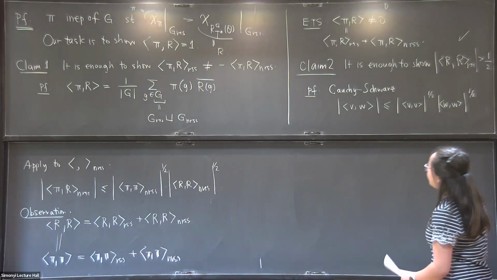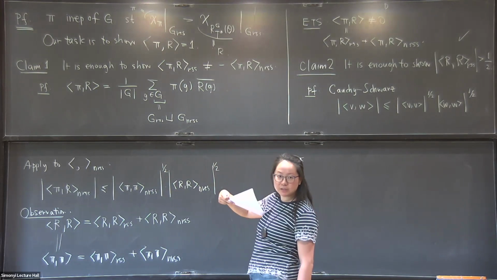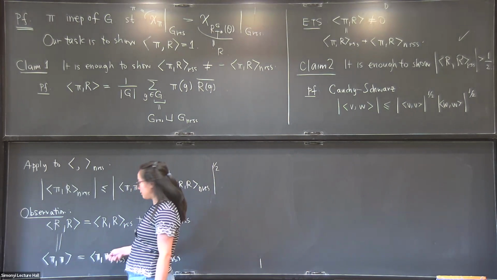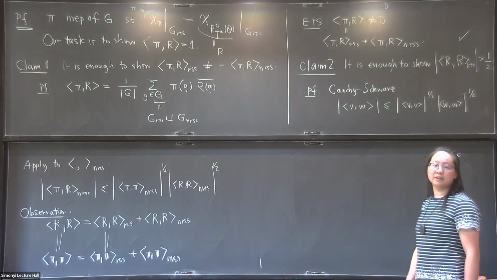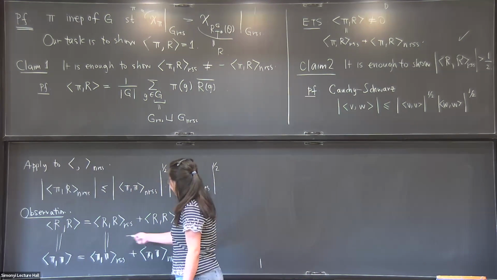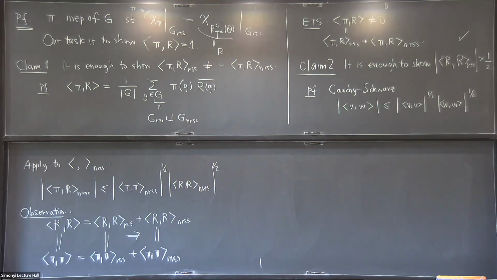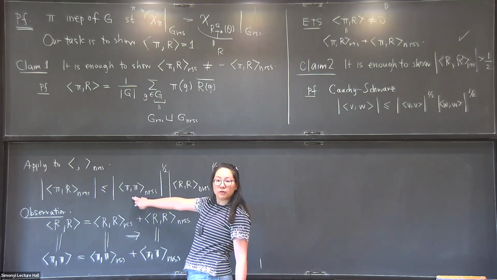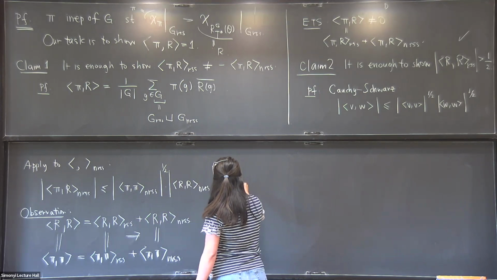What was our assumption now? Our assumption is that pi and r are the same on the regular semi-simple part. So that means on the regular semi-simple part, this thing is equal to this thing. But now there's only one remaining term in the equation. If these two things are equal and these two things are equal, therefore, these two things are equal. Well, what does that mean now? This term is this term. So that means that this product is simply the same as